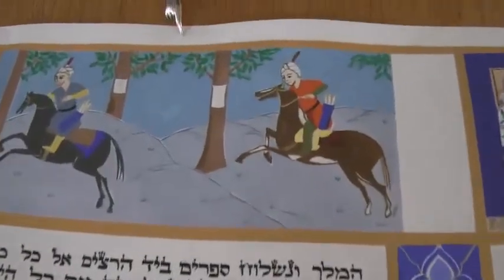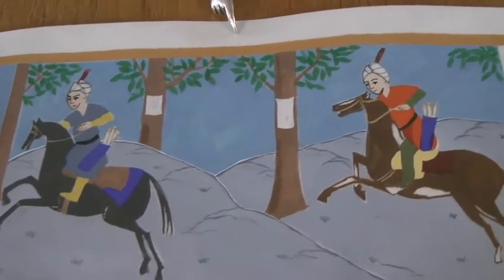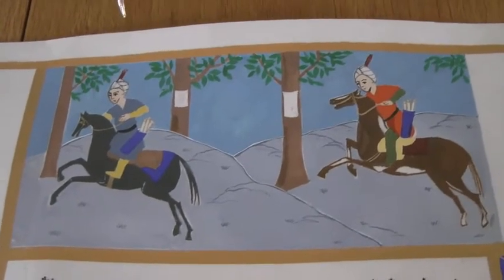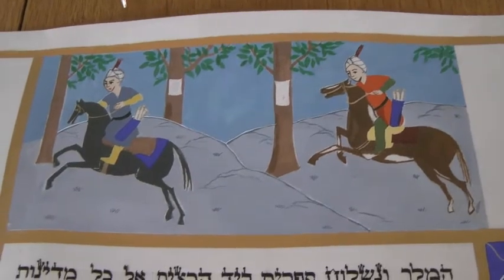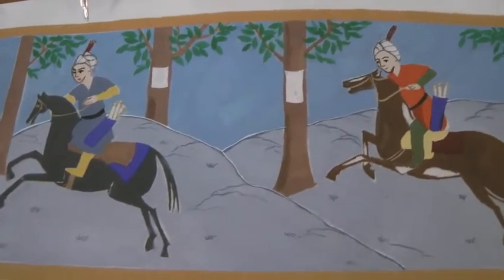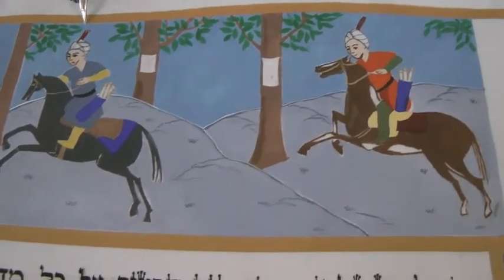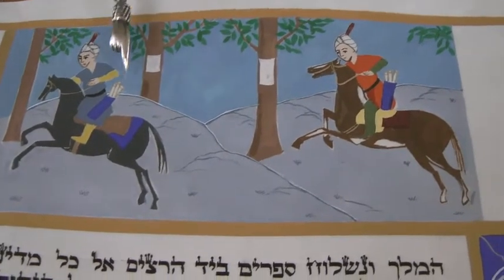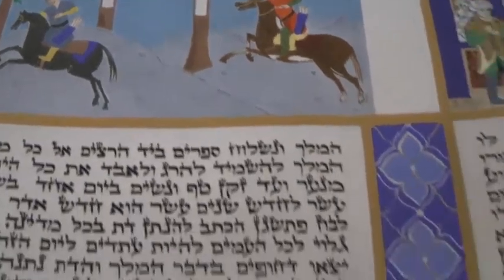We see the 15th century Persian horsemen going through the fields, because in this story they go across the kingdom of 127 provinces, and put up declarations, proclamations about this destruction of the Jews. So we see them with their letters in their carriers. In the next panel,